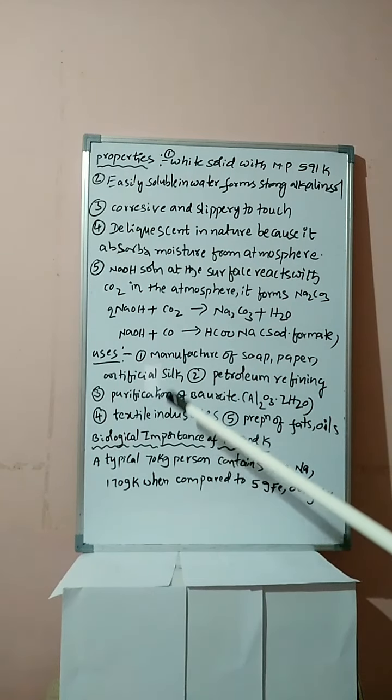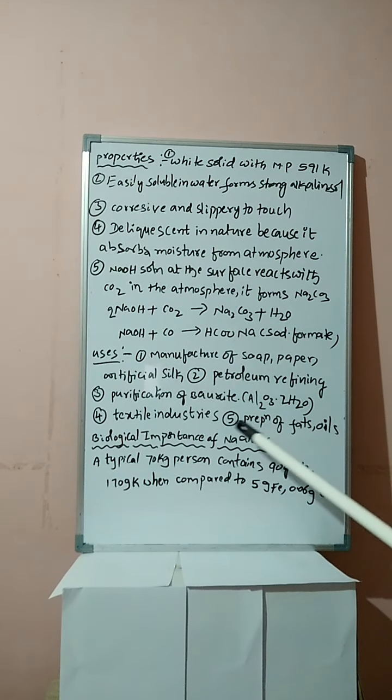Remember, students, all these are memory based uses. From a competitive point of view, these are direct questions. Don't neglect, give more importance. With this, sodium hydroxide is completed. Some important compounds of sodium are completed. Those are sodium carbonate, sodium bicarbonate, sodium chloride and sodium hydroxide. For each compound, the preparation, properties and uses of that compound we have discussed.